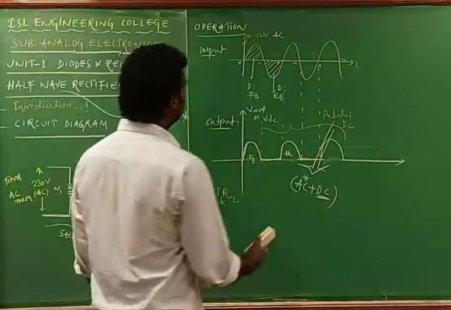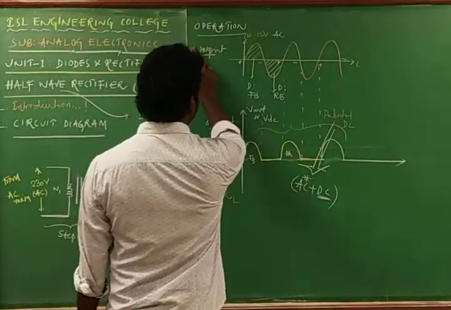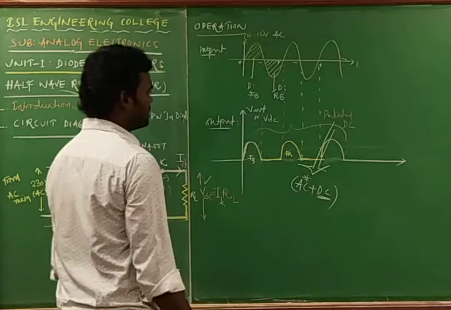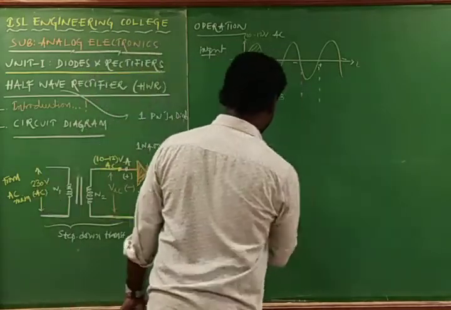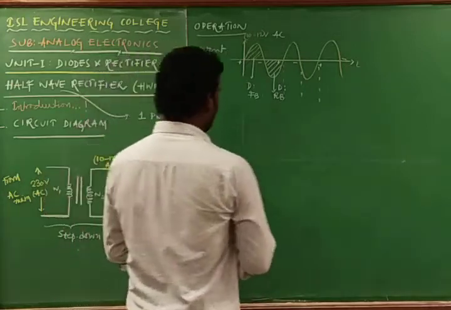Then I am going to give the complete waveform structure of the half wave rectifier of the PN junction diode with respect to the currents and voltages. Then I am going with the waveforms.